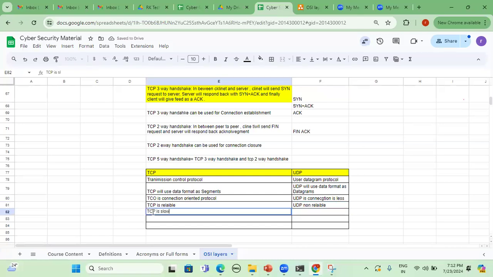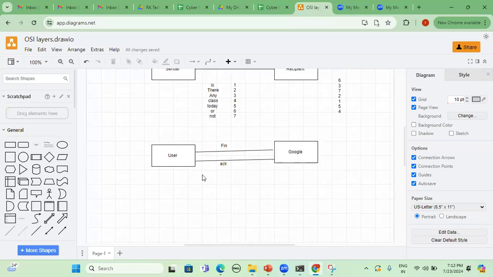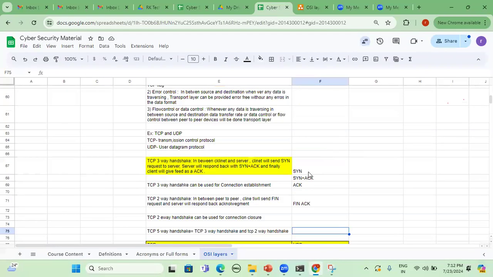Next, TCP is slower. Why? Because it has to send the synchronization request, then the sync plus acknowledgement, and then the acknowledgement, as we discussed yesterday between source and destination. First the client has to initiate the connection using a synchronization request. Now the server has to receive that request and respond back.